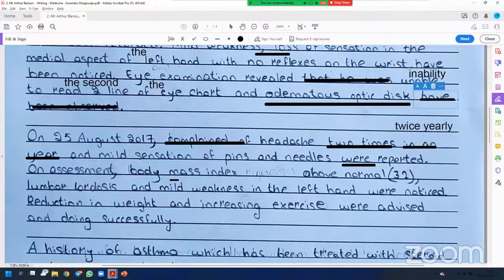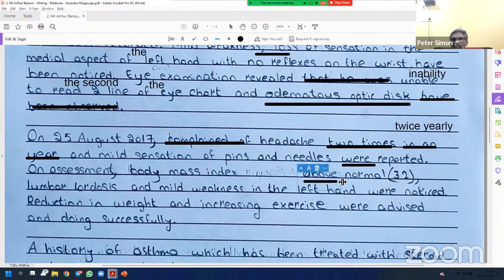On assessment, body mass index was above normal, means abnormal, means remarkable, right? So you can say on assessment, remarkable body mass index, lumbar lordosis, and mild weakness in the left hand were noticed. Fine. So above normal means more than, right? So you can say abnormal, or you can say